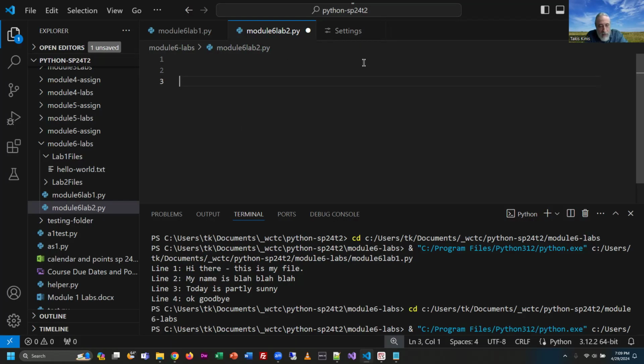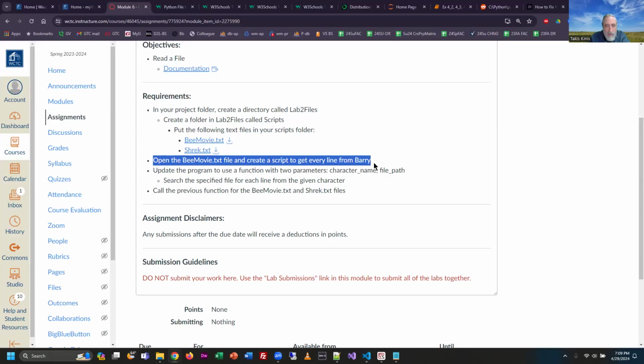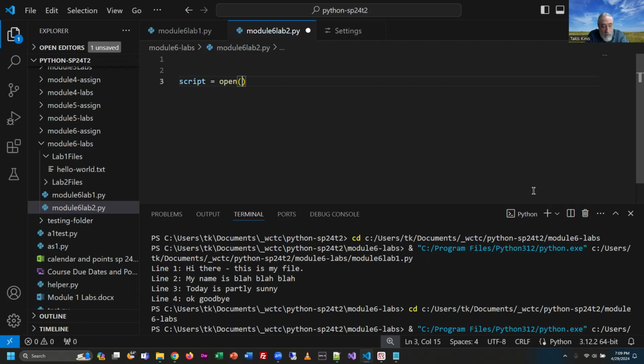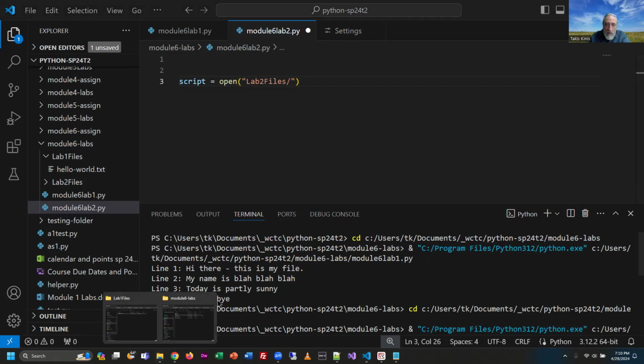How would we accomplish that? Since we're grabbing the script, let's create a variable called script, and then call an open command. Inside the parentheses, let's take this one step at a time. We're going to open this in read mode, and we need it to be in a certain spot. Did we just put it one folder deep? Right, we put it one folder deep. So let's call it to start with, in double quotes, lab 2 files slash, and we want to bring in